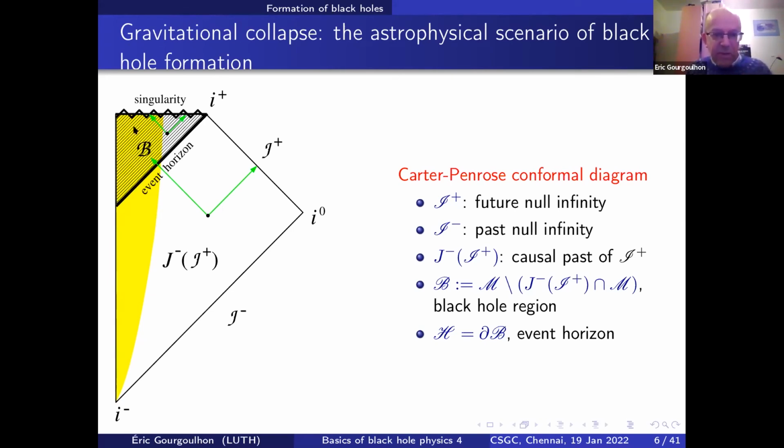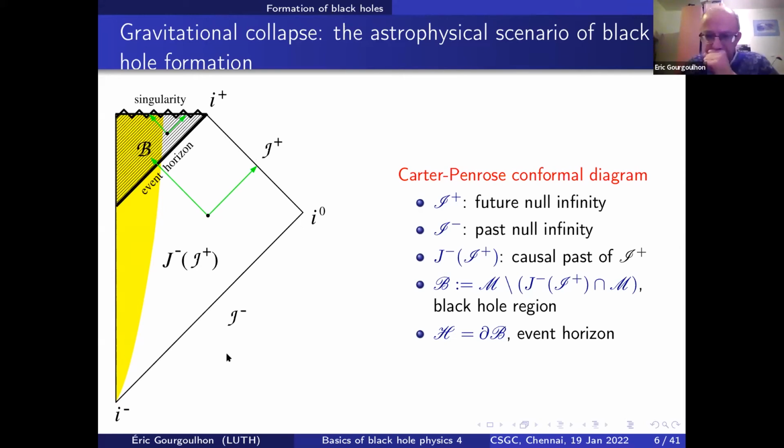And this is the black hole region, and the singularity, which appears in the center of the star, is represented by this. And we have a piece of Schwarzschild spacetime here, you may recognize, with the future null infinity, which appears here, and here we have the past null infinity.